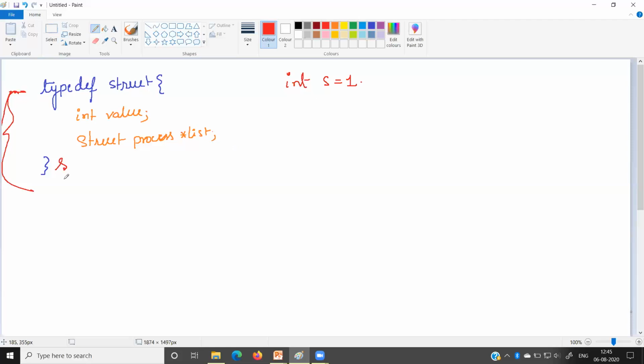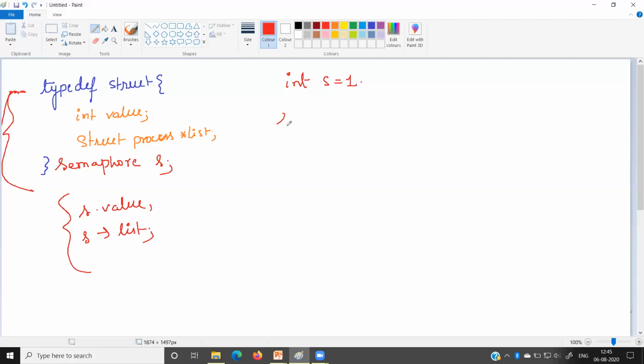So if s is a structure type, okay, before that we give the name of the structure. Let us say the name of the structure is semaphore, and s is a variable of the structure. So definitely this s variable has two parameters. One is s.value and second one is s->list. So s has two elements, one is value and another is list.